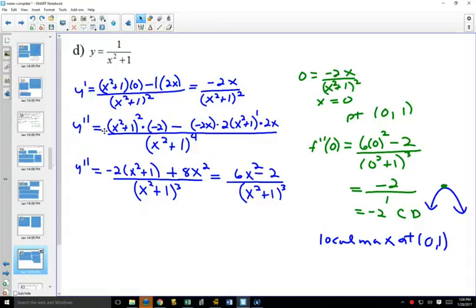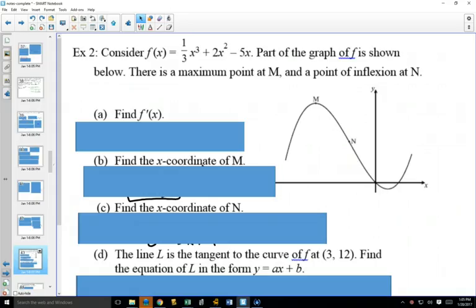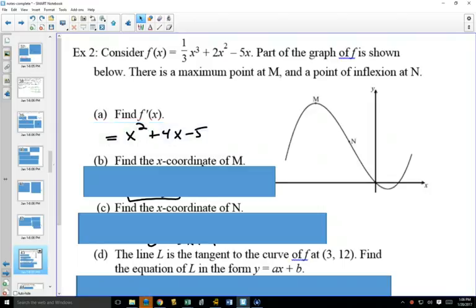We'll do one more example so that we finish up this section. So here we have a cubic graph. Part of the graph is shown with a maximum at m and an inflection point at n. Find f prime of x. That's just a straightforward derivative. Now, if we want to find the x coordinate of m,